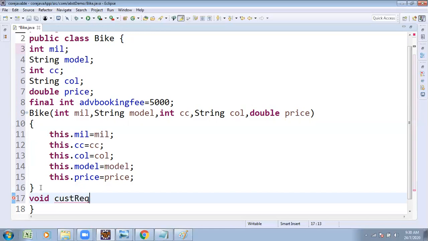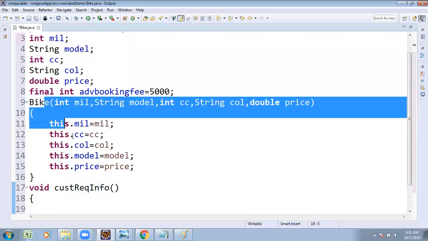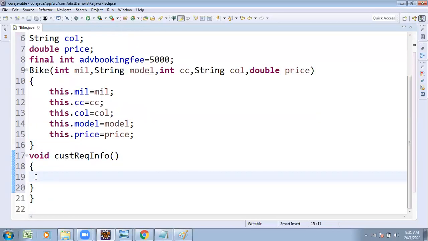The receptionist collects the requirements from the customer and prints them, just showing whatever requirement is given. It is just an output statement: the constructor is for input, and this method is for output. System.out.println("Expected model = " + model).